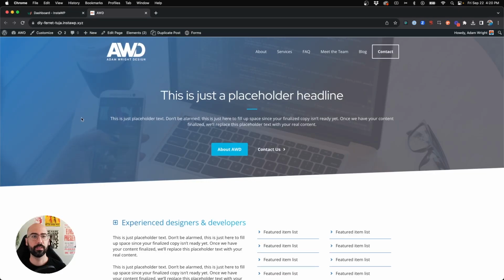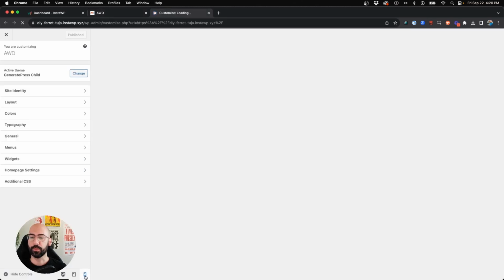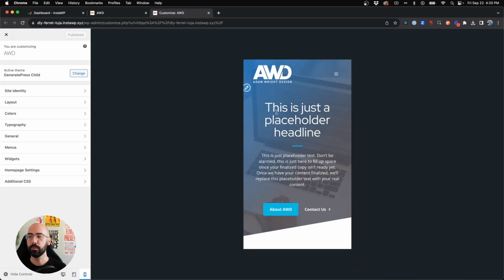Alright, so as you can see here on my hero section, I've got a real light gradient overlay on top of the background image. It's like a blue to a dark gray. And when I view this on mobile, I'll jump into the customizer and show you on mobile. The gradient carries over the same exact settings as it does on the desktop version. And I don't really love the way the gradient looks. But I don't want to get rid of the gradient, and GenerateBlocks doesn't allow me to edit that within the